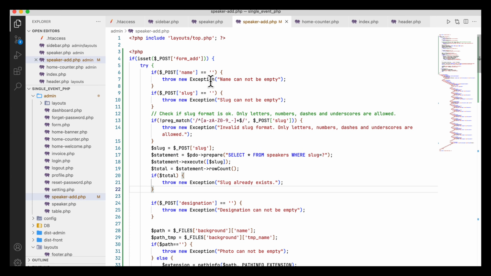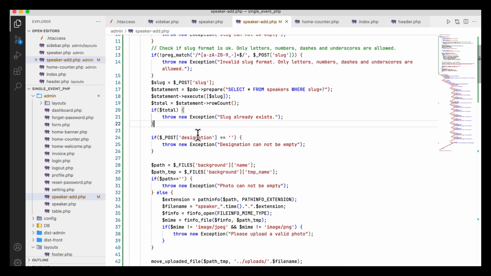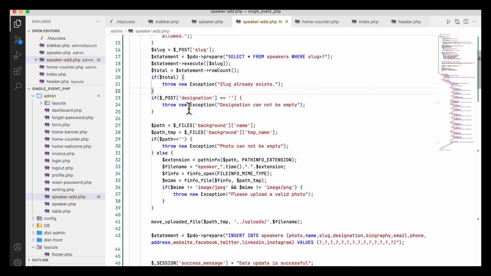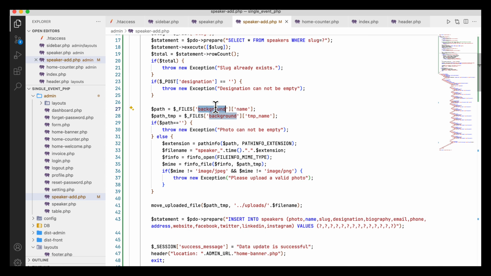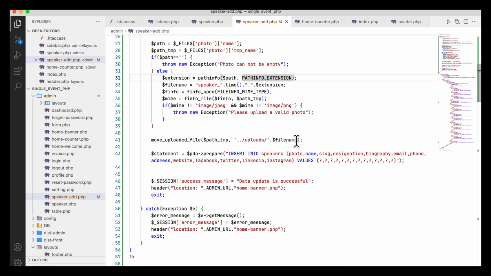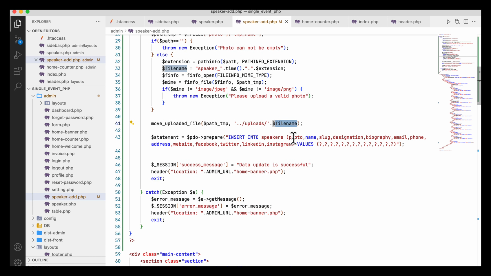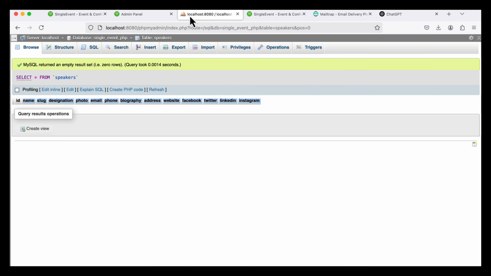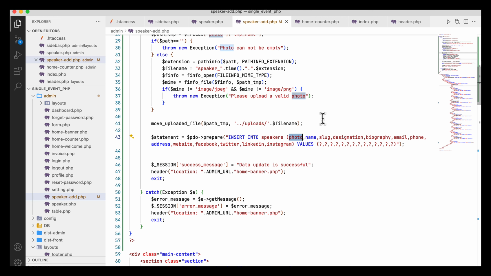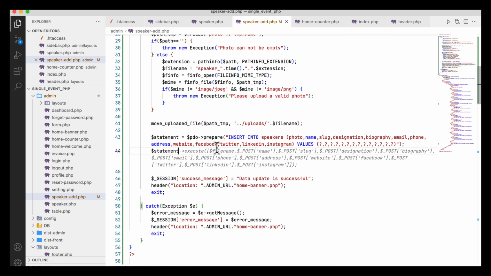So name is okay, speaker name can be duplicated, but slug must not duplicate. So designation, and instead of background it will be photo. So speaker, this will be a valid photo, and here is file name. Okay, so what are the data? If I go to the database, you will see name, slug, designation, photo. So photo can be first, no problem, and here is a statement like this. So photo name is this, name is this, slug is this, designation is this, biography is